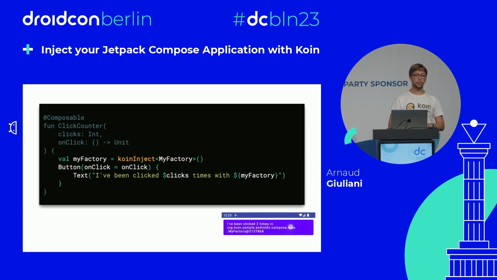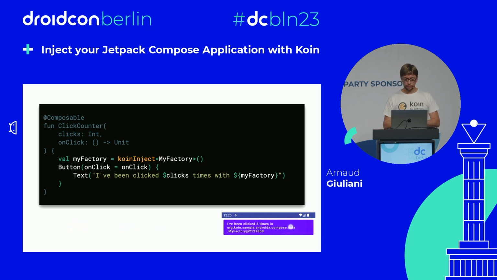To change this, we have a special keyword called Koin Inject that finally is using the caching of your composable. That means that if your composable isn't triggering recomposition, then we hold the cache of your instance. And then your factory is held for this instance of your composable. You see, in the UI sample here, you can click on it, and then you still have the same instance, which is interesting.